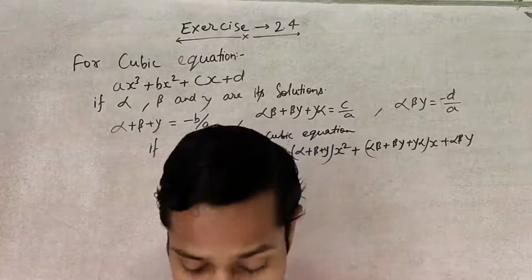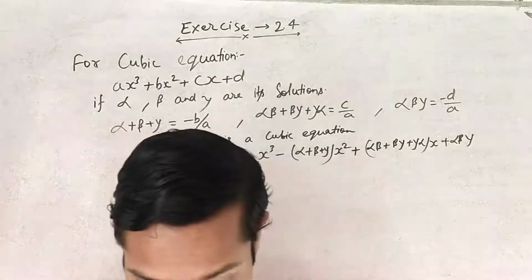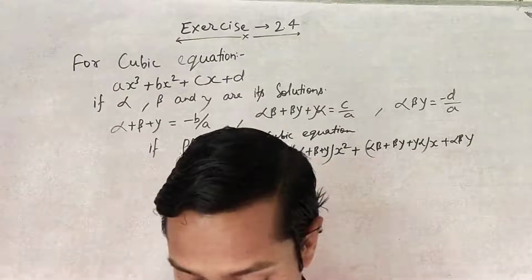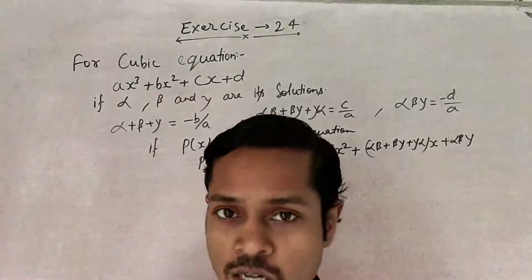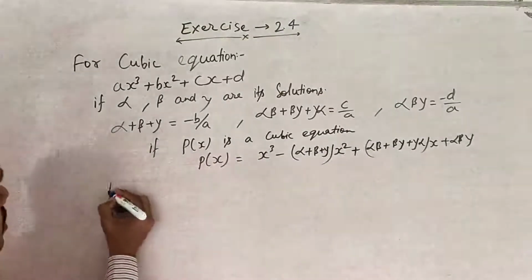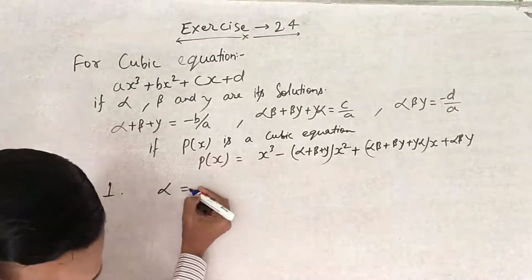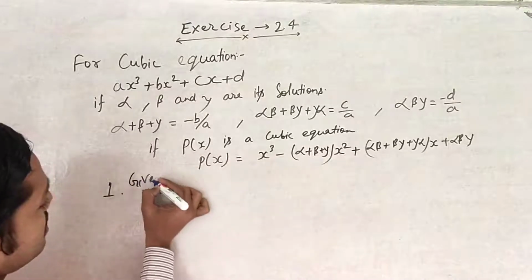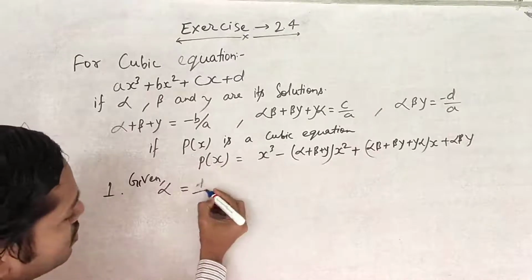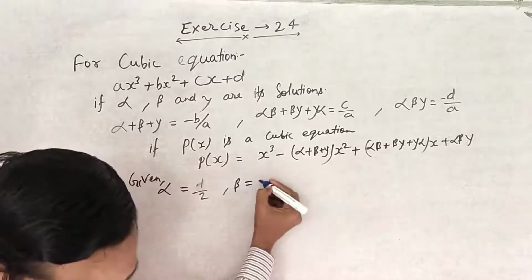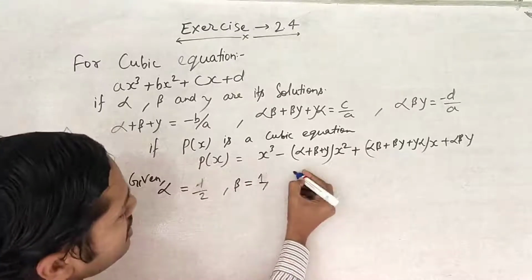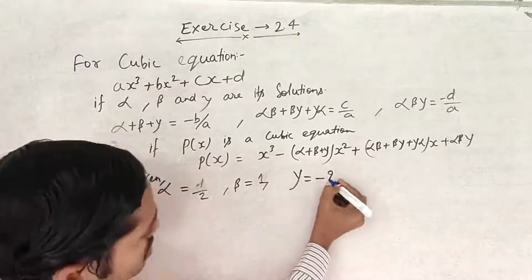We are getting the first question which is related to this one. What information is given? Question number 1 says: verify that the numbers given alongside the cubic polynomial below are its zeros. Clear? Look at there, what equations are given and which type of information is given? Given: alpha is equal to 1 by 2, beta equal to 1 and gamma equal to minus 2.